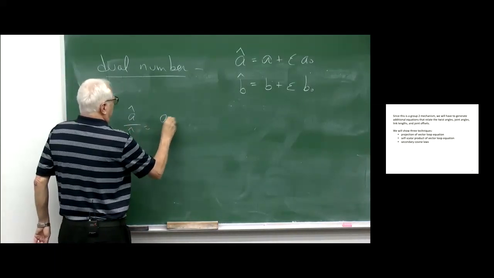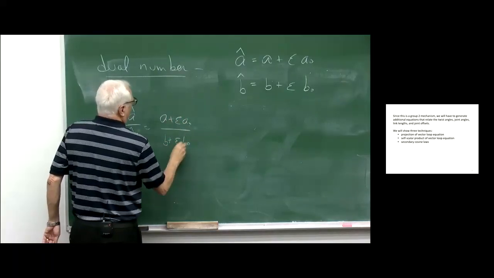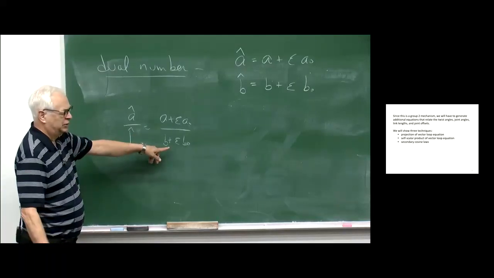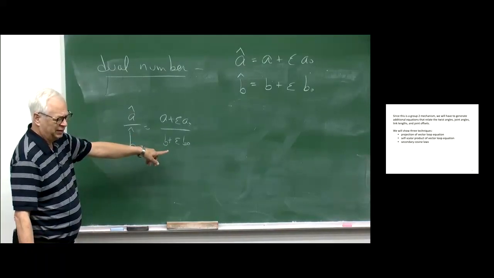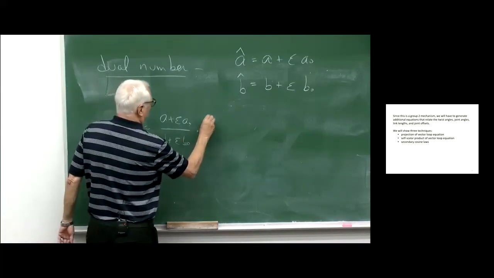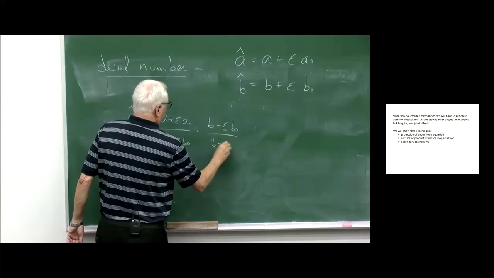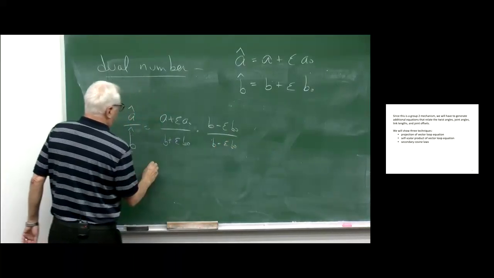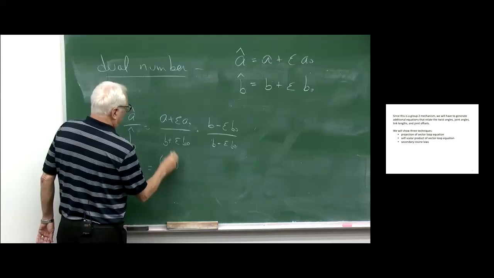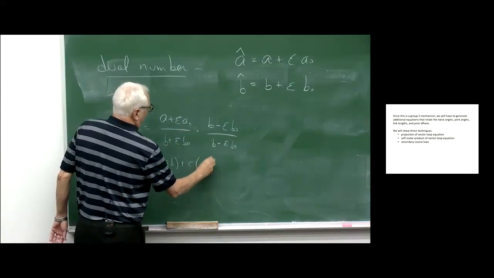So I've got a plus epsilon a naught. And what we're going to do is multiply. I shouldn't probably use the word conjugate because that's from imaginary numbers. But I'm going to multiply this by b minus epsilon b naught over b minus epsilon b naught. So in the numerator, we're going to get a real part of ab, and we're going to get a dual part, a naught b